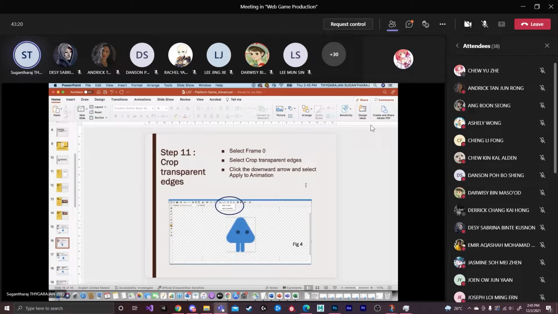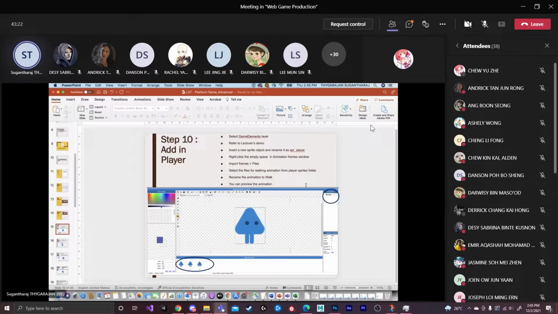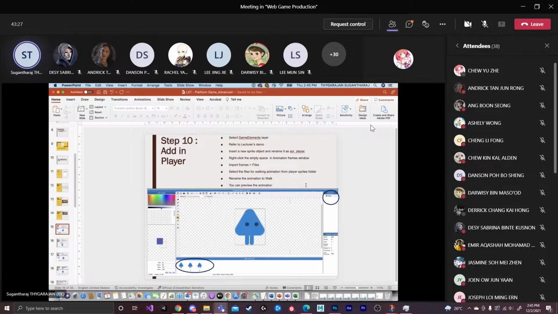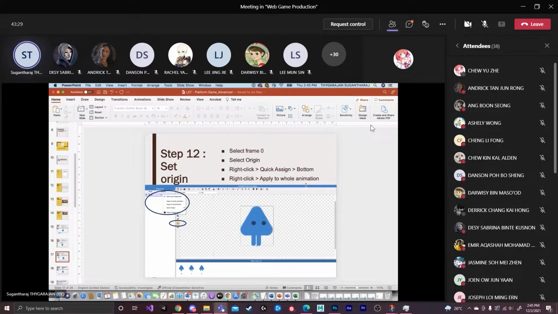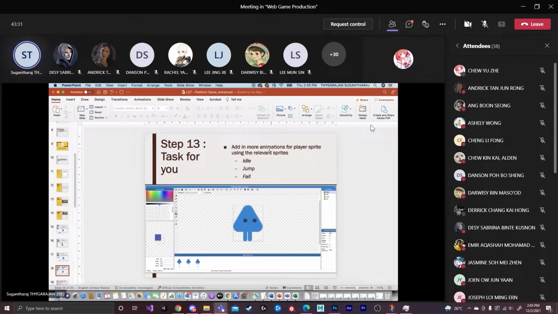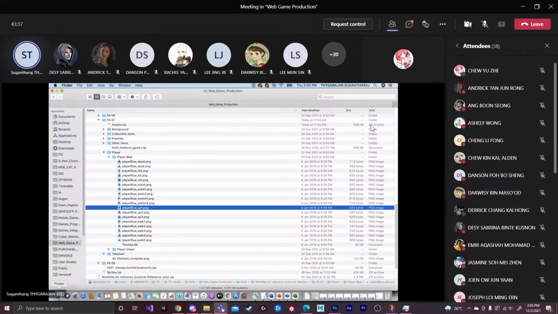Okay, so we just now created a walking style of the animation, the walking animation using the sprites. Similarly, we need to do the same thing for idle, jump and fall. I just leave it to you. Okay, the assets are here. You can just see here there is a walking.